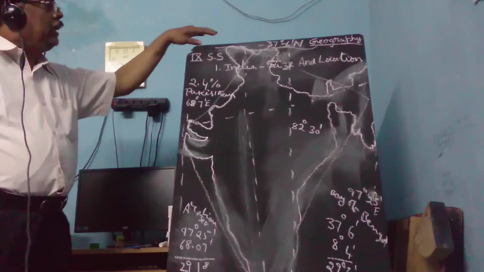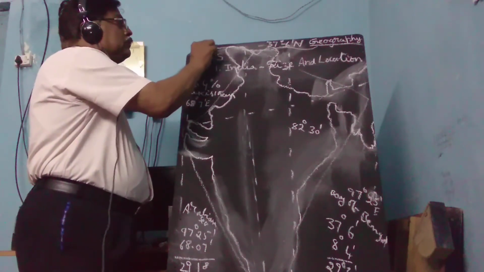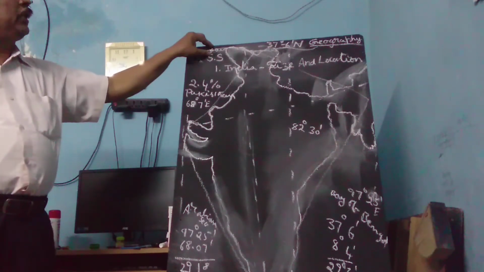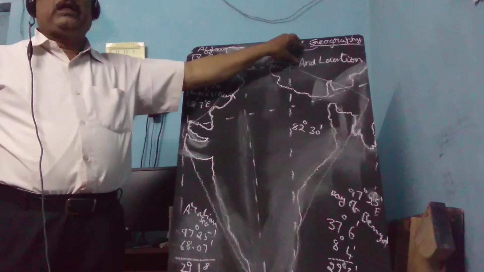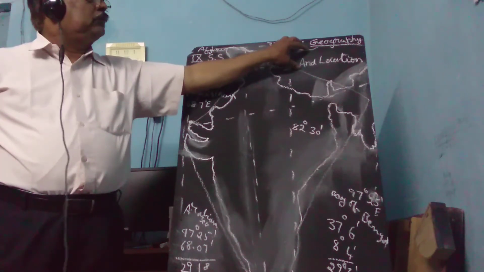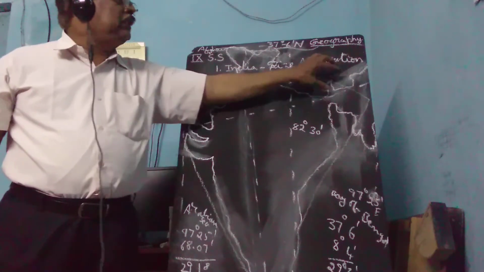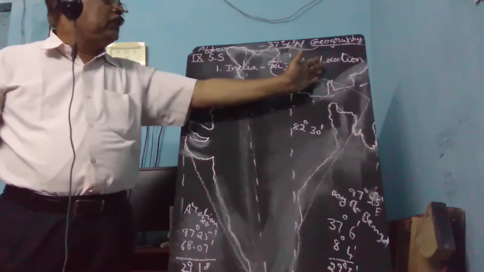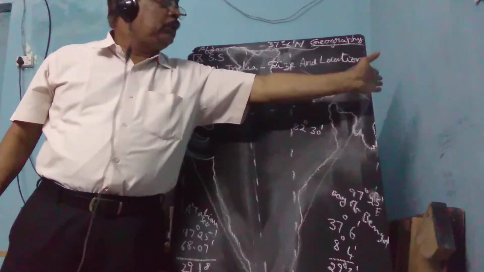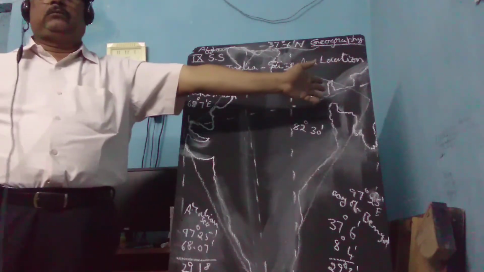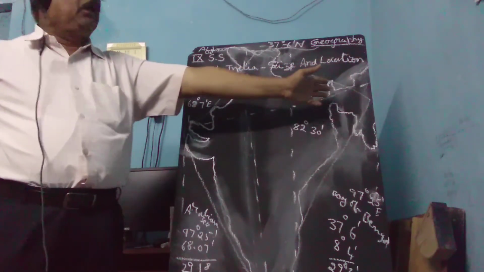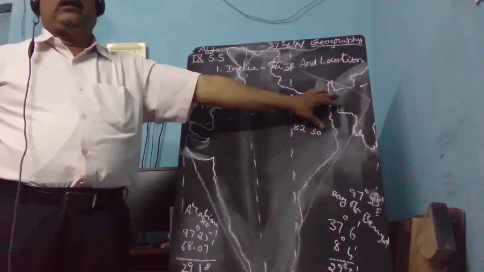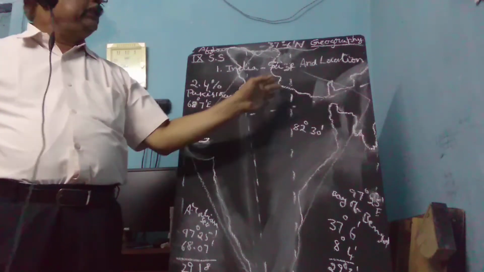And another country, this is Afghanistan. This is also lying on the western boundary of India. And in the north, there is a very big country called China, and Nepal, Bhutan. These three countries are the bordering countries of India in the north. Likewise, in the east, there is one more country, that is Myanmar. Its old name is Burma. Myanmar and also Bangladesh, these two countries form the eastern boundary of India.